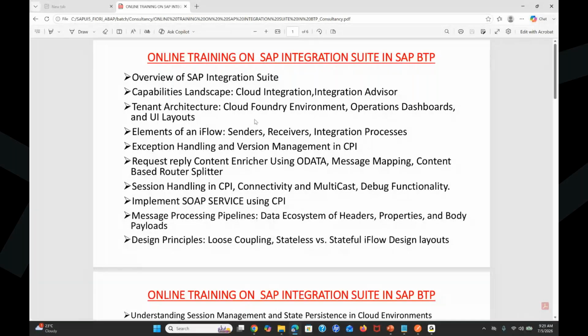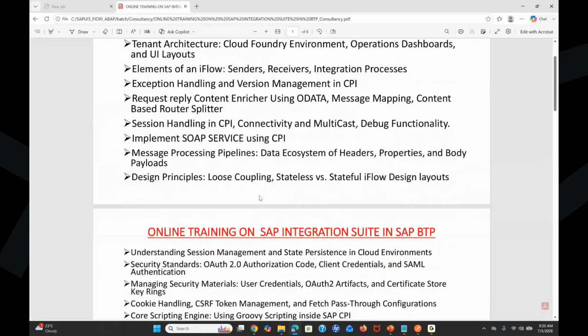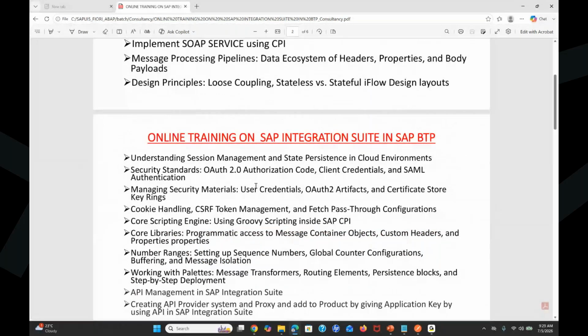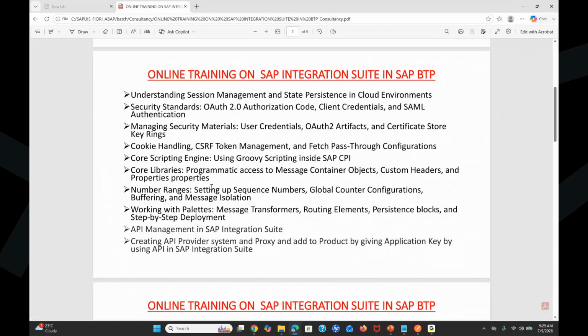Okay, so: overview of integrations, capabilities, tenant architecture, what is the cloud foundry environment, operation dashboards, UI layouts, iFlows, what are sender and receivers, integration process, exception handling, request flow, content modifier, using OData, message mappings, everything. Session handling in CPI, connectivity, multicast, debugging, implementing SOAP services, message processing, design principles, then understanding service management, OAuth implementations, managing security, CSRF token, how to implement it, fetch, pass through configurations, programming as a message container, custom headers,